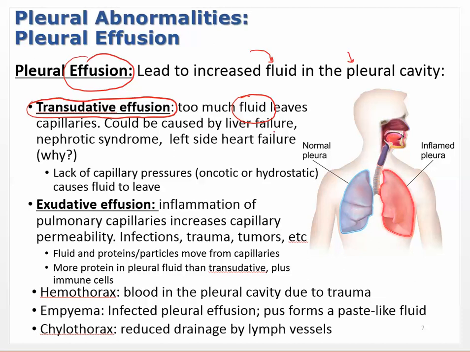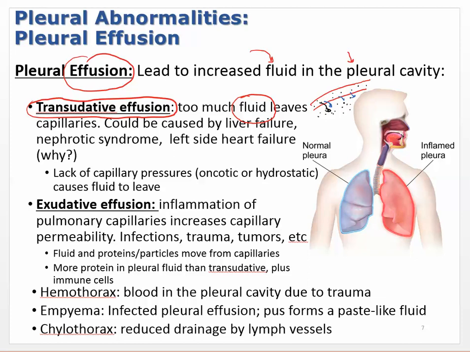Could be caused by liver failure, nephrotic syndrome, left side heart failure. Well, why is that? Remember, these capillaries are providing the fluid, so the fluid is moving out of the capillaries. If you have liver failure, you've got a little problem. You're supposed to have proteins in here. But during liver failure, you're not producing as much albumin, and so you have fewer proteins. And so you're going to have a better chance of fluid moving out because of this lack of protein. So that's going to be an oncotic